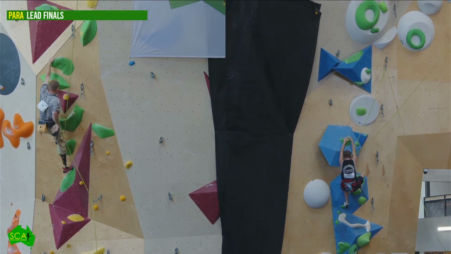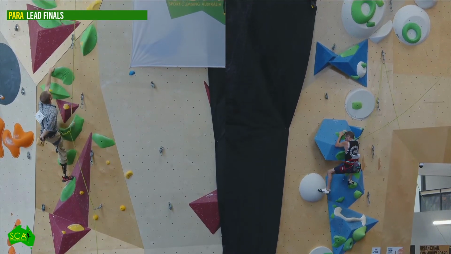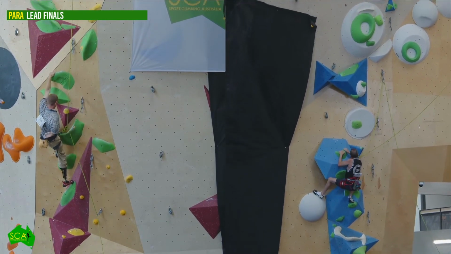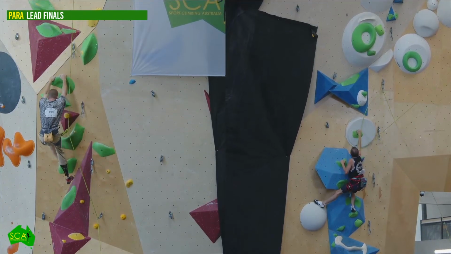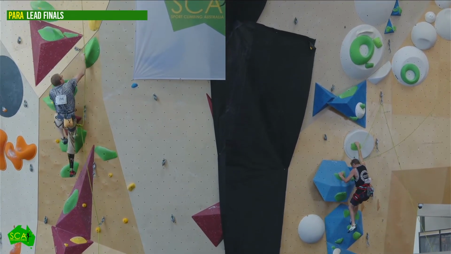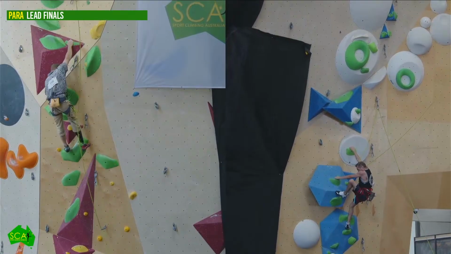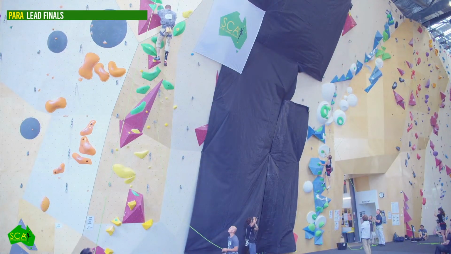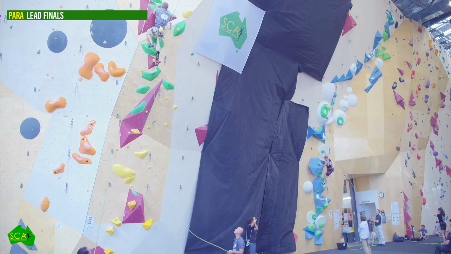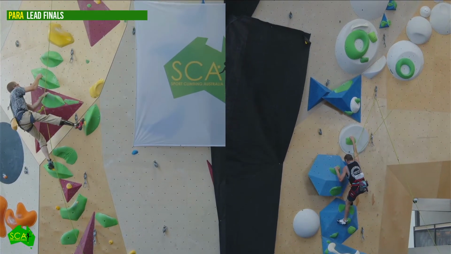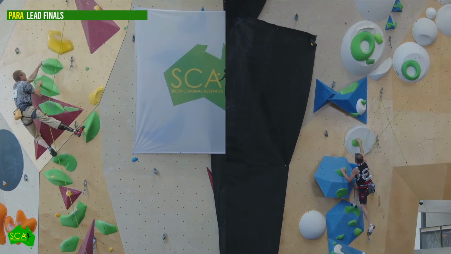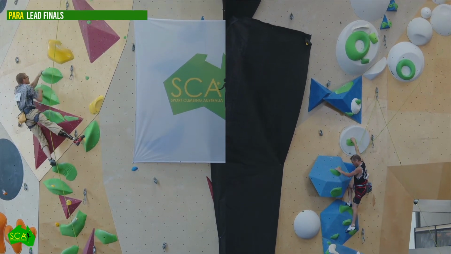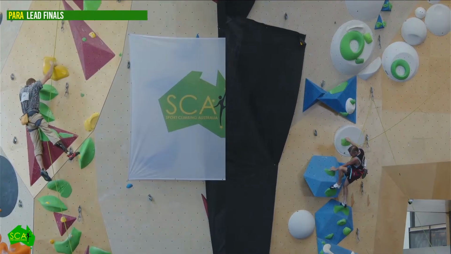There's a bit of tricky stuff up ahead here for Laurie, but he's looking good, looking comfortable, finding good rests. Jason moving really confidently as well. Laurie's going at a really quick pace, which, as we said before, if you're in control, is always good, to try and be a bit quicker. Obviously, that fine balance. Just this tricky spot here. Nice, good reach.